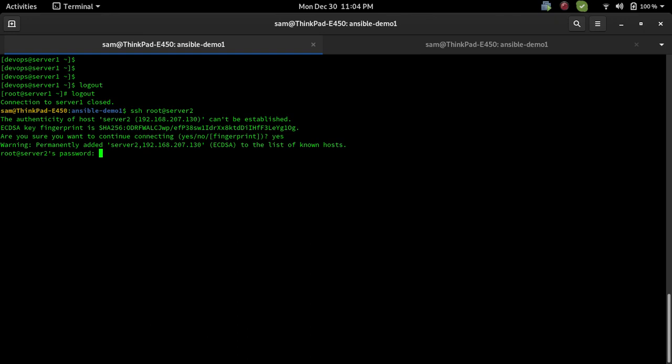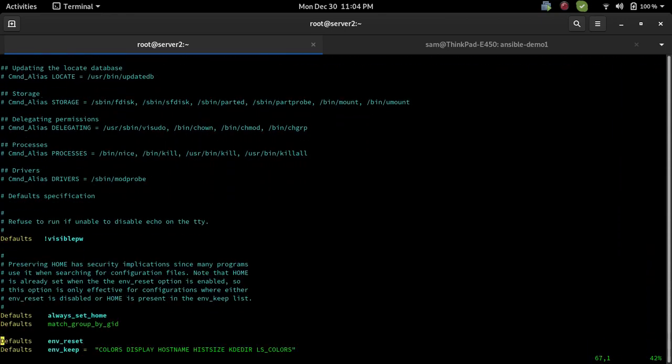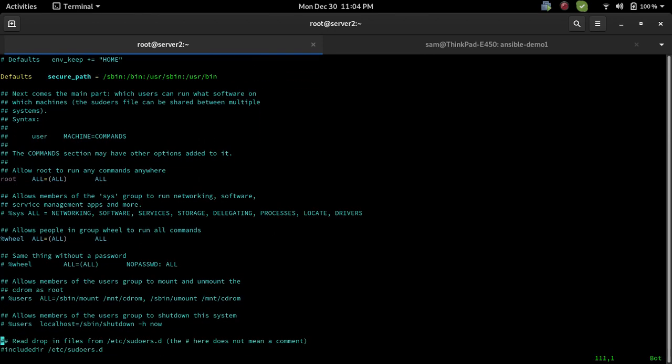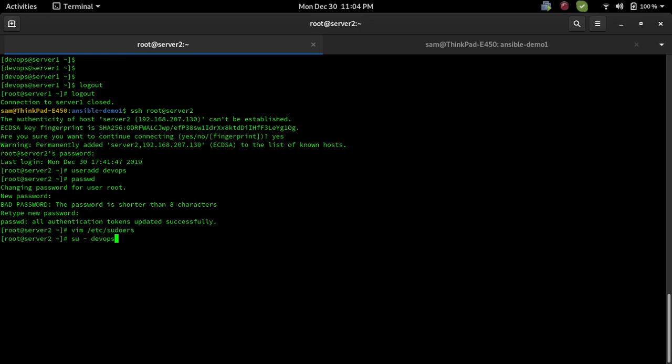So let's go to the server 2 and create the user, useradd DevOps, supply some password. Okay, now go to /etc sudoers and then copy this, DevOps, and here NOPASSWD. Oops, force. Let me check it. DevOps sudo -i. Yeah, it is also configured. Okay,